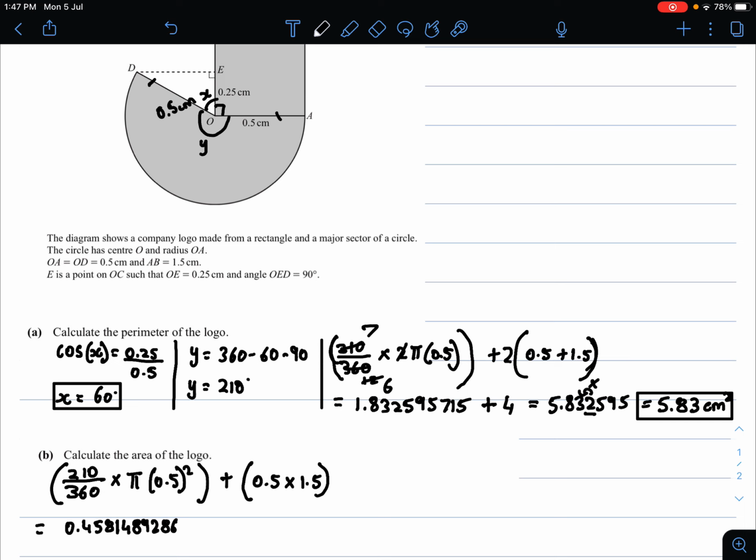Again, write as many decimal places as you can so you don't face the premature rounding error. So 0.5 into 1.5 is equal to 0.75, and if you add both of these, 0.4581489 plus 0.75, you will get